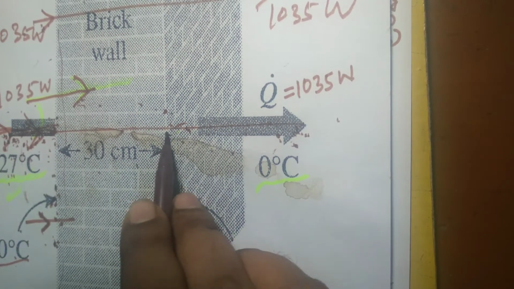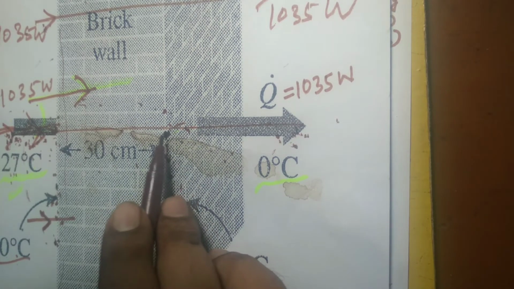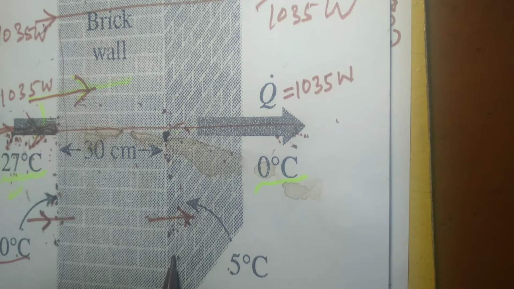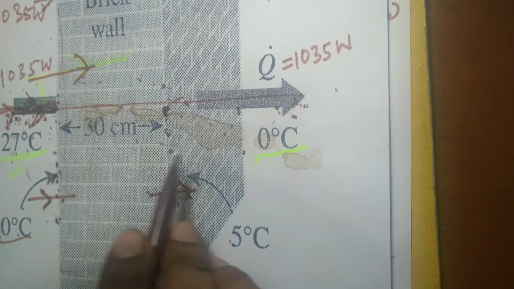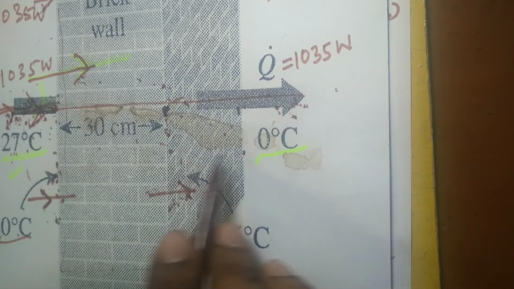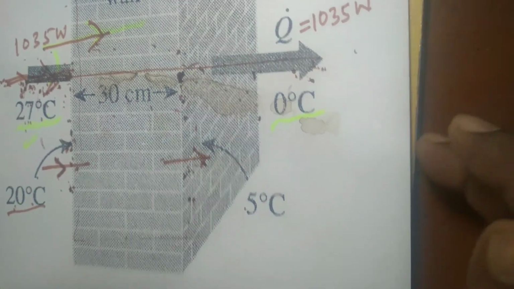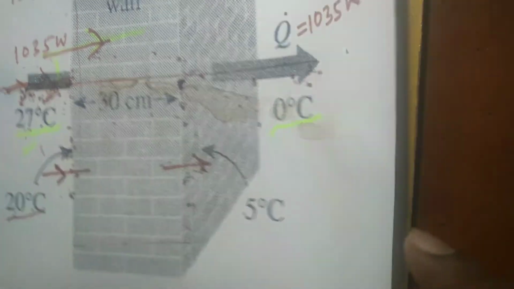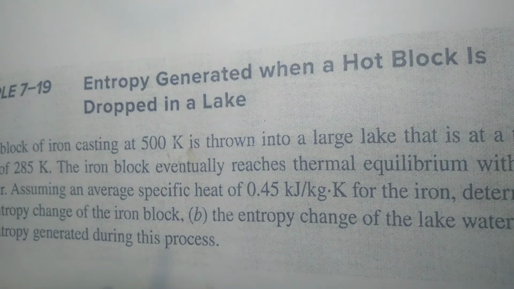And on the other side of the wall also some entropy is generated, because here the temperature of the wall is 5 degrees Celsius, but this side's temperature is 0 degrees Celsius. Due to this finite temperature difference, some entropy is also generated, because this is an irreversible process. So total entropy generation is 0.341 watt per Kelvin. The next question is